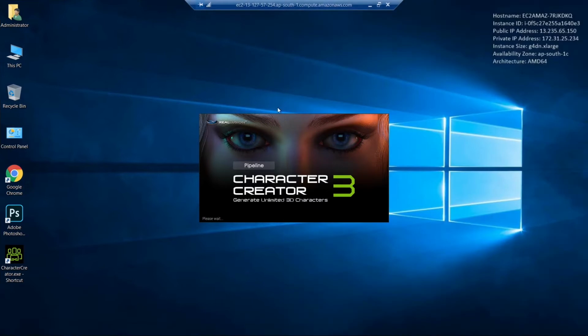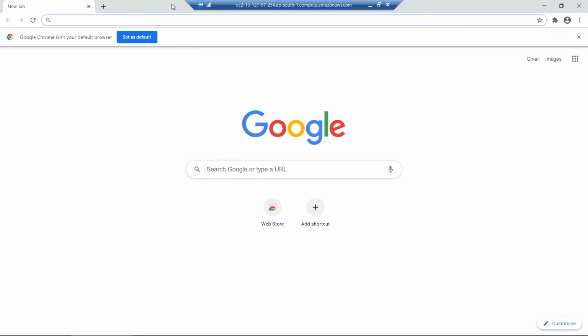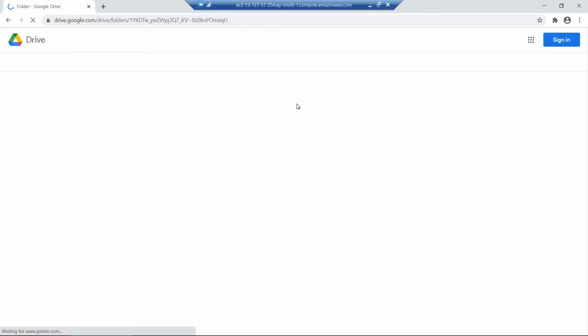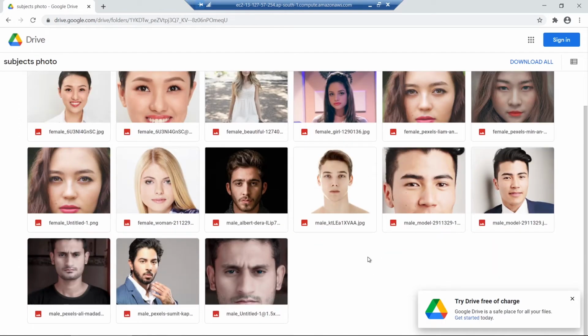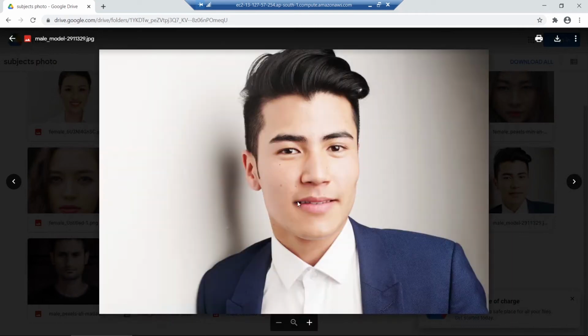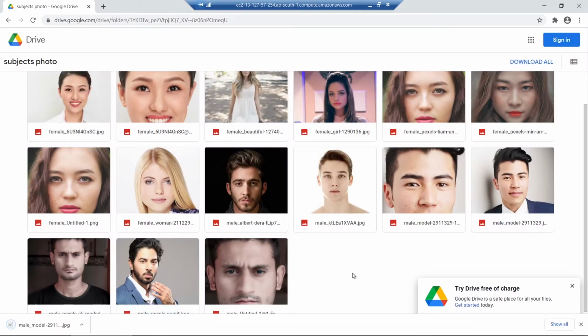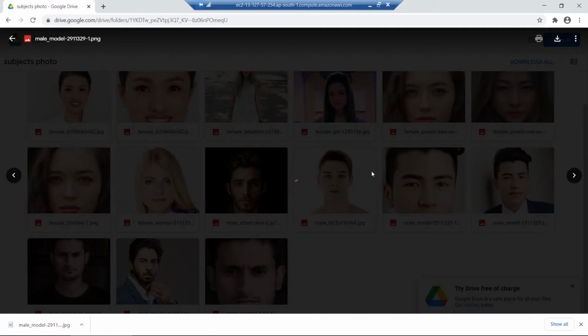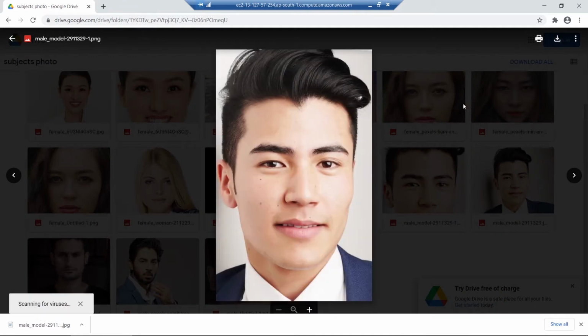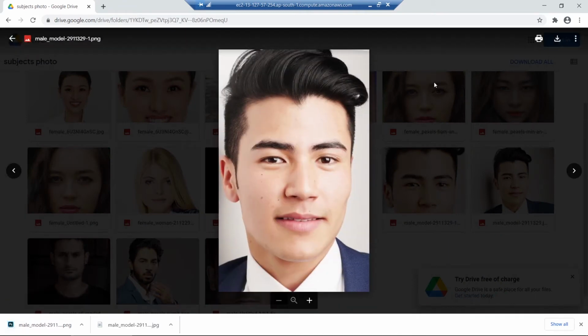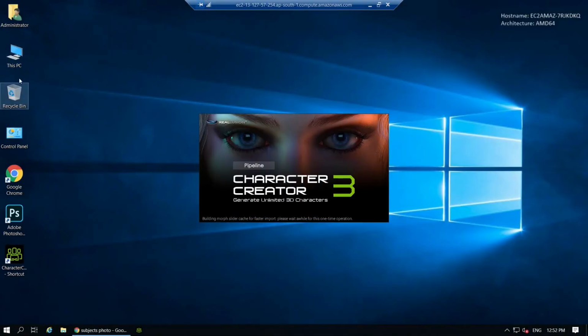So now let's go back to this place. Now here we have to download those photos. Right? Yeah, open it. So here we have the photos now. These are some of the photos that we have shortlisted for creating the character. I will not be working with a lady's photo, because a female photo will not be good for this kind of tutorial. So I will be working with a male photo, and these are high-quality photos, around 4K. We have this one that has been edited, and that other photo was not edited. This is around a 4 MB photo, and this will be in the downloads.